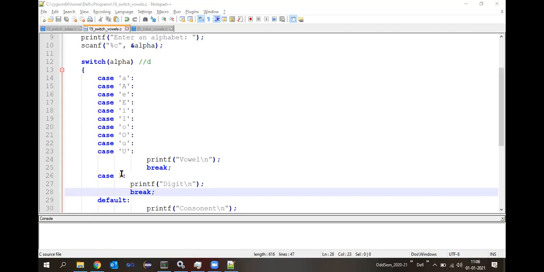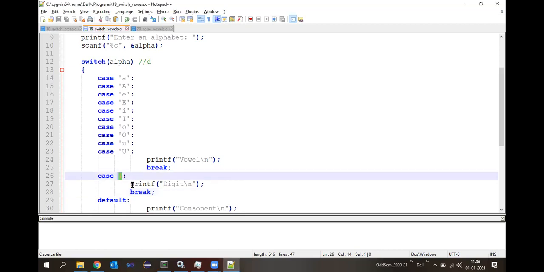Then how can we solve this here? What will be the case label here? If I put single quotes here, now will it work? Yes, sir. Why will it work?